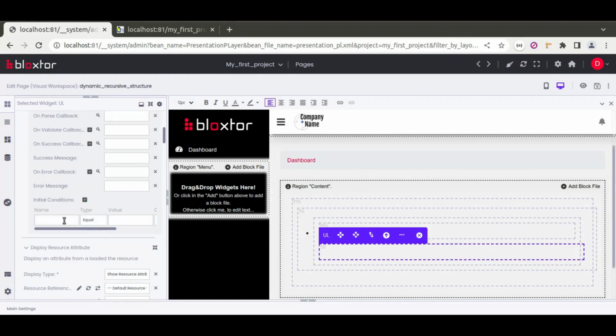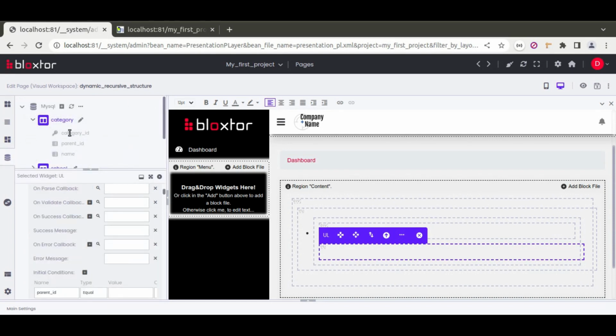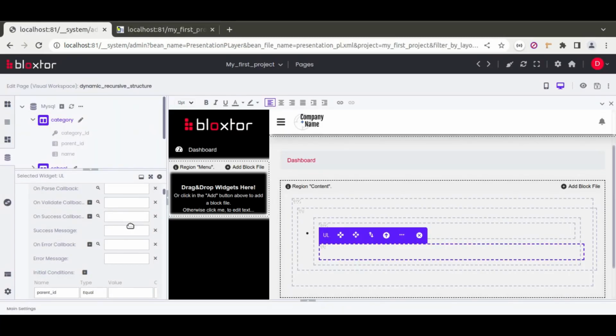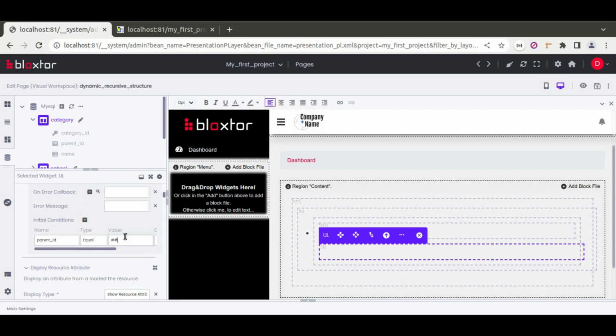And now in the conditions, this is the important part. In the conditions I want to have the parent ID again equal to the previous resource that we were loading, corresponding with the primary key, the category ID. The table has the category ID of this item, so I want to put the category ID here for the current item that is being drawn. So in here it will have a UL, and I want to put the category ID of category A. So how can I do that? Basically I can simply write category ID inside of hashtags. So if I save this